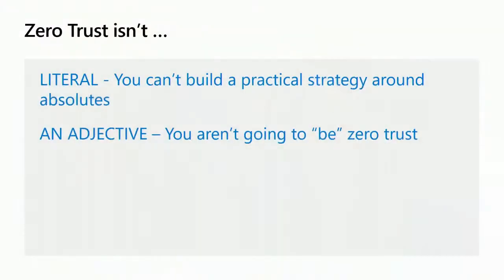But you have to have something you can anchor to, right? So it's not literal, be reasonable. It's also not an adjective. You're not going to arrive, right? You're not going to get to a place where you say, now I am zero trust. My architecture is zero trust. I know there are pervasive threats in the environment, and yet I'm done. I'm perfectly safe, right? We assume attackers will no longer evolve. That's not going to happen. So you're not going to arrive.